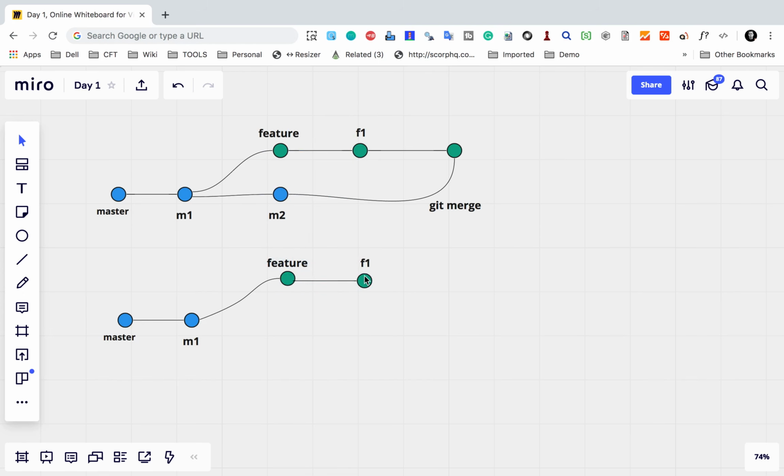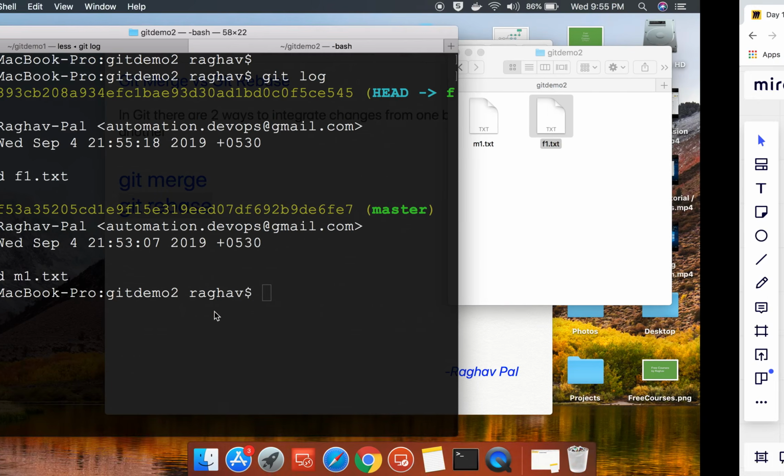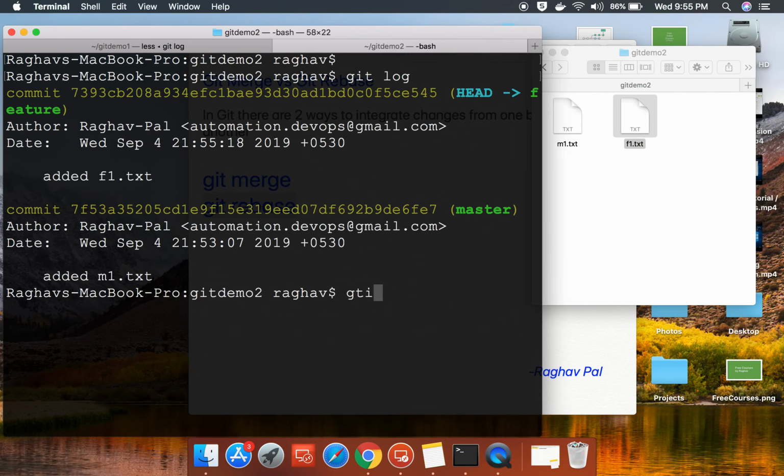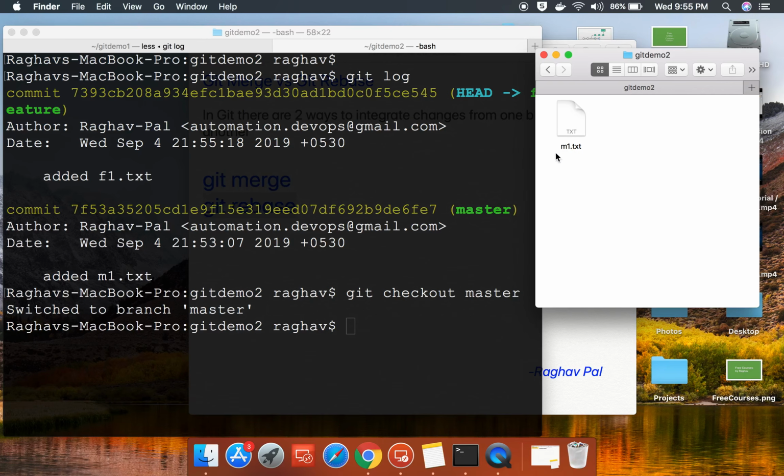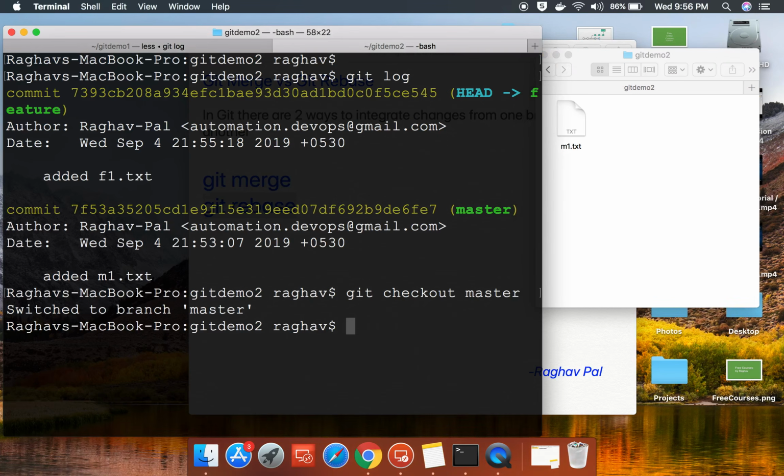So again I am at this position here in my project. Now I will again go back to master. I will say git checkout master. So you can see as I went to master, as I switched to master, the f1.txt has gone from here. So master does not have f1.txt, and in my master I will